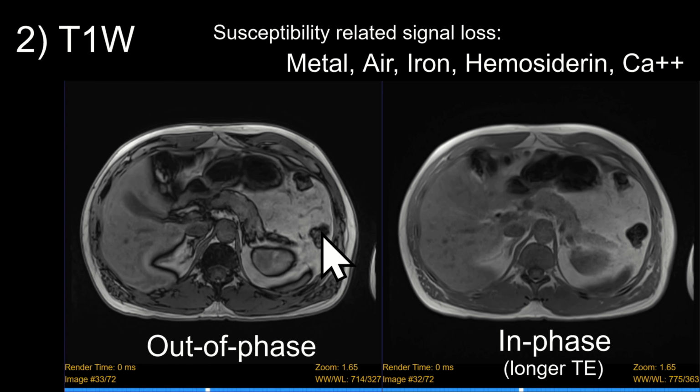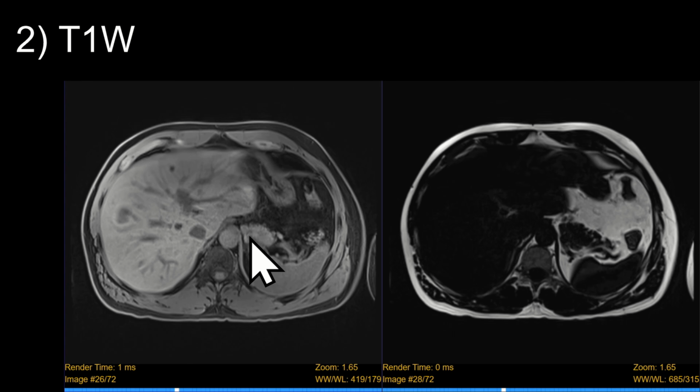So notice here, for example, on the out of phase, we have some gas here in the colon as expected, and notice how it's darker and larger on the in phase image related to the susceptibility artifact. Okay, and next, from the in and out of phase acquisition, using the Dixon method, we can calculate water only